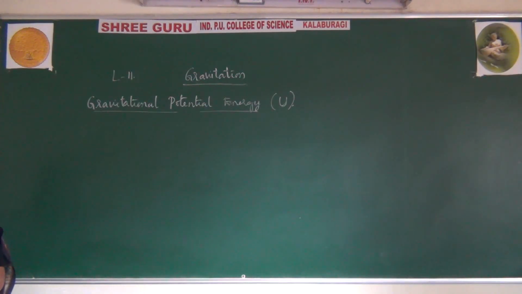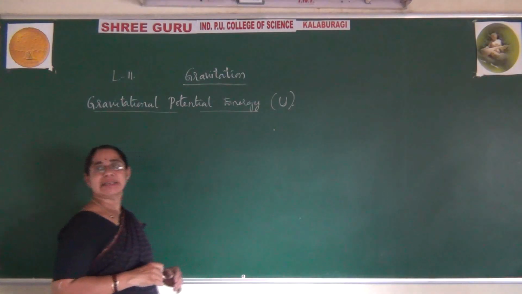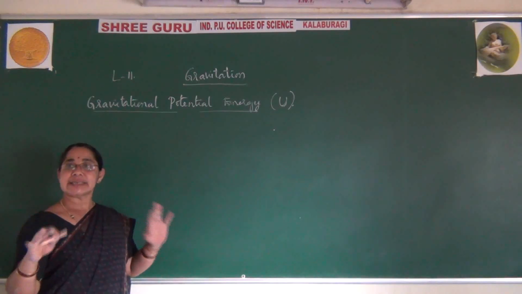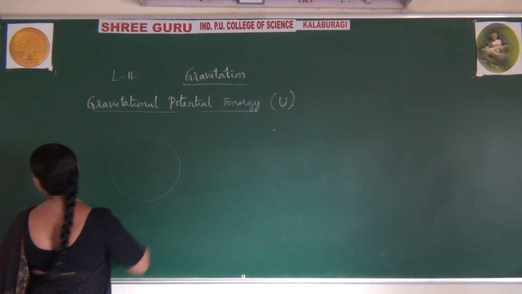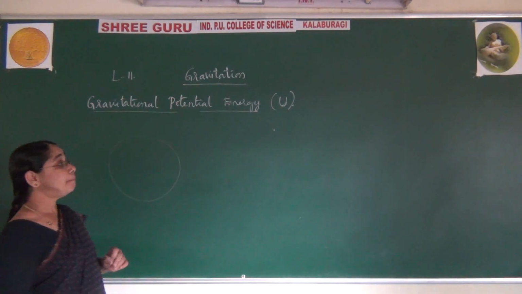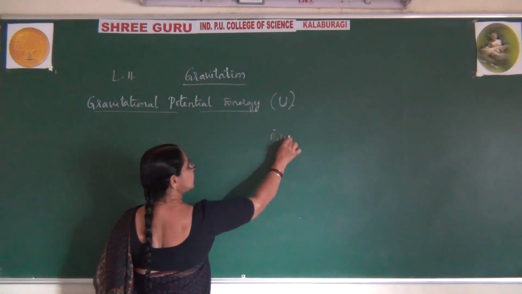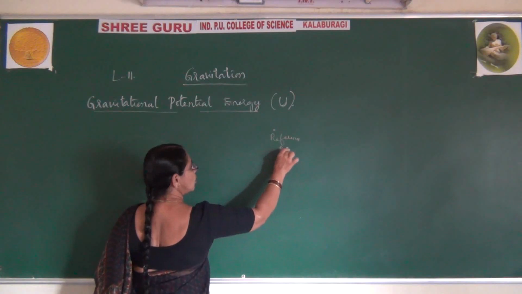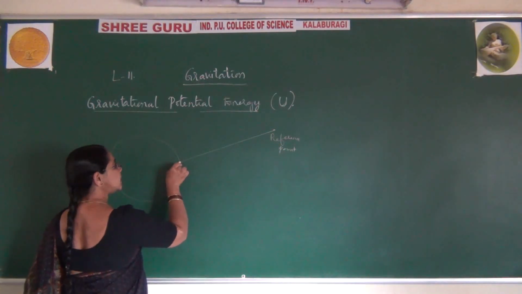It is the measure of the amount of work done. We are doing some work. What type of work are we doing? Let me say some object is somewhere here. I do not know what it is, but it is at some reference point. Here we have some field. So this object is at this position, somewhere here. I am bringing this object from a reference point. Let me say this is some reference point for me. So from the reference point to inside the field.